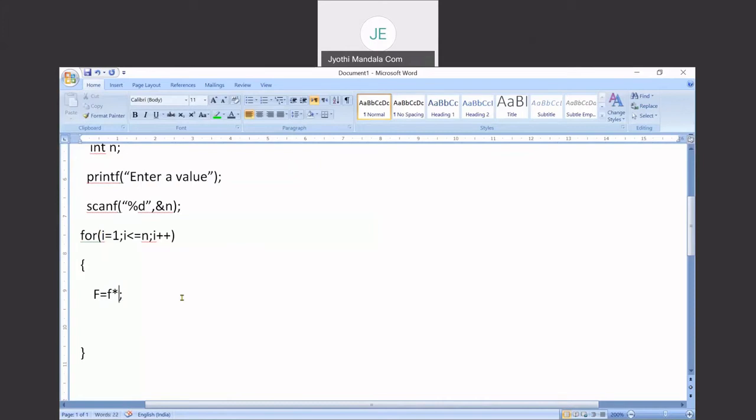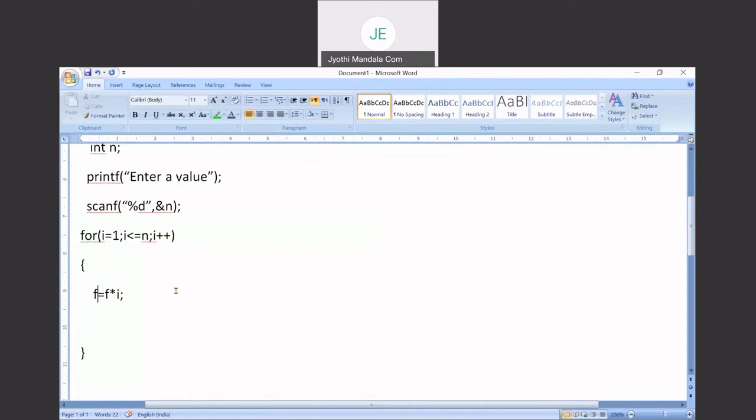Yeah, it can be anything. It can be pre-increment or post-increment. But make sure you are using it correctly. I think you all know the difference between pre-increment and post-increment. If you are combining that in an expression, then the way you use it should be careful. But if you are using it alone, ++i or i++, both mean the same. If you are only using ++i, or only using i++, that is the same. Both mean i = i + 1 only. But if you are combining pre-increment and post-increment with another variable or in an expression, then you should be